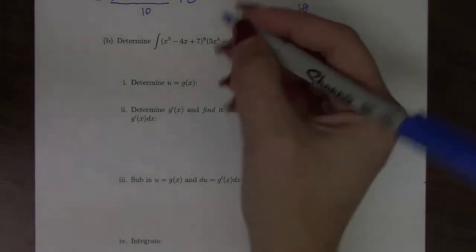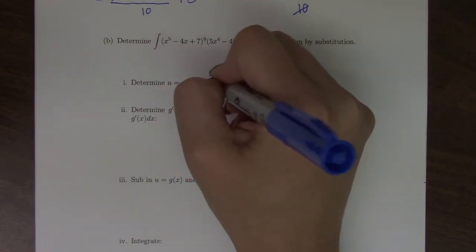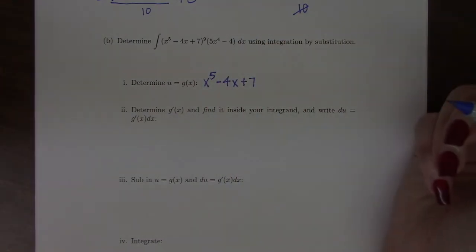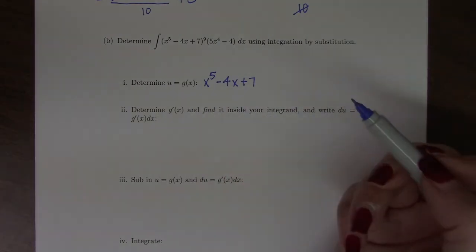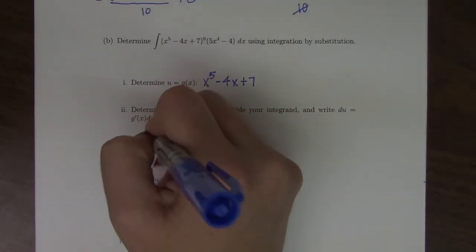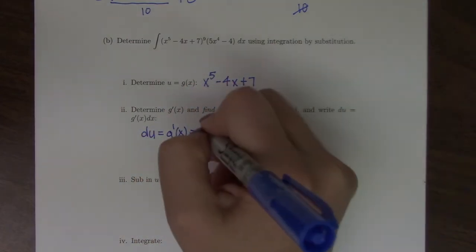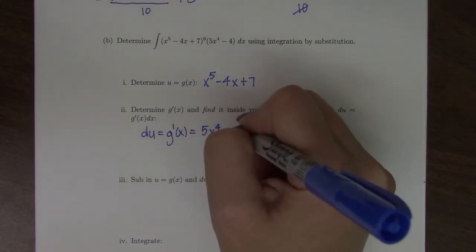So I would say let our u be x to the 5th minus 4x plus 7. Then it says, to find g prime of x, write du equals g prime of x. So if we take the derivative of this function, we get 5x to the 4th minus 4